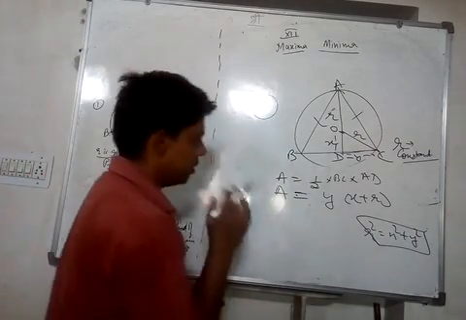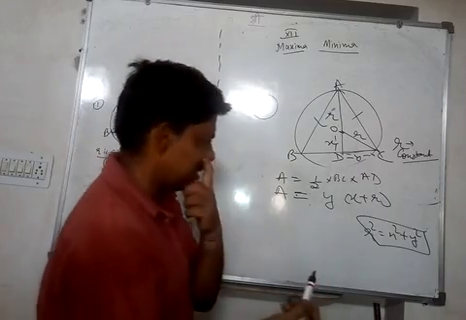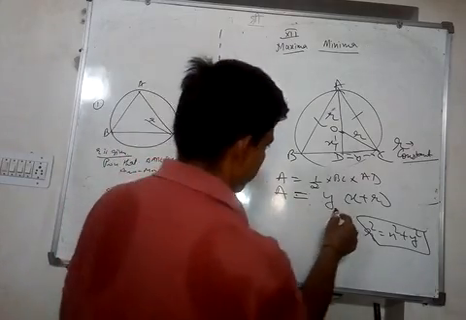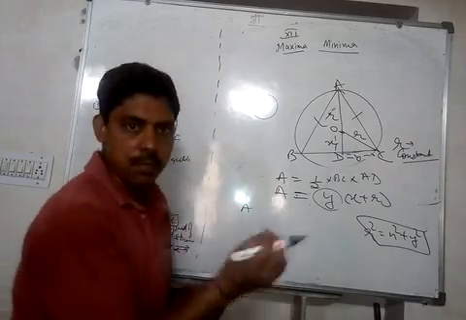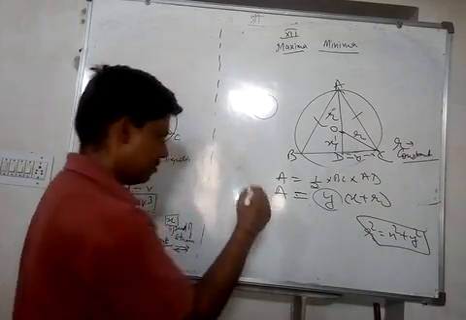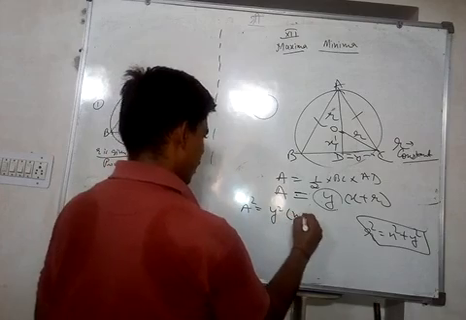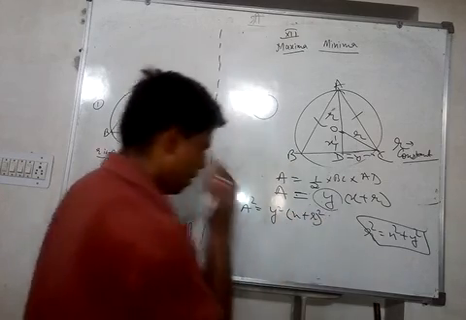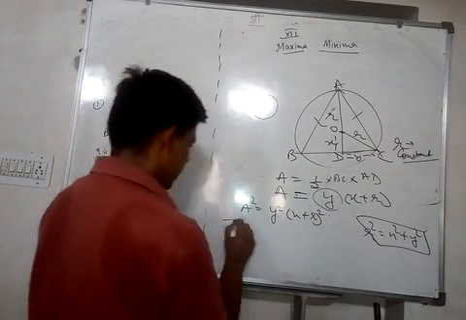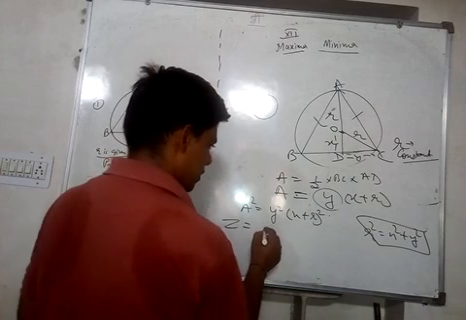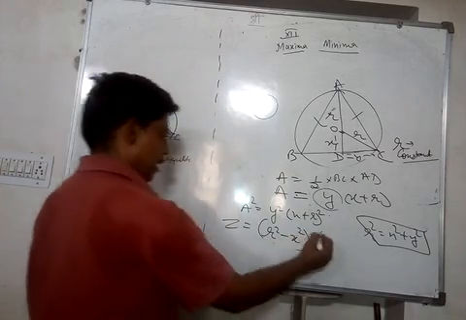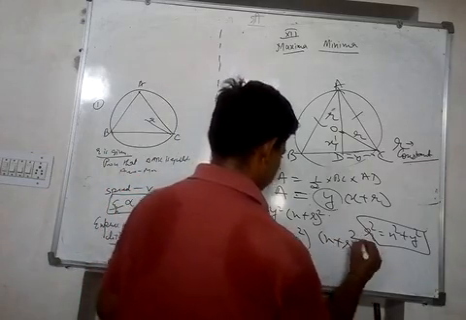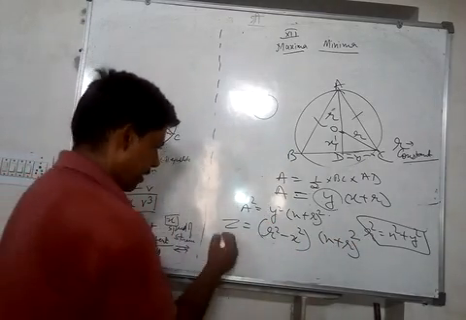And what about the other variables? R is a constant, that's not a problem. So we can remove Y from here. We'll square this, so if A is maximum, A square is also maximum. So A square is Y square into X plus R whole square. Now substitute the value of Y square from there. Let this be Z. Y square is R square minus X square, times X plus R whole square. Now we can find dz by dx.